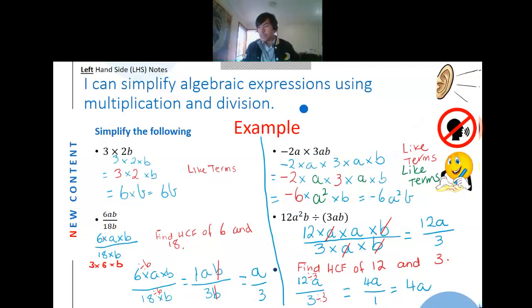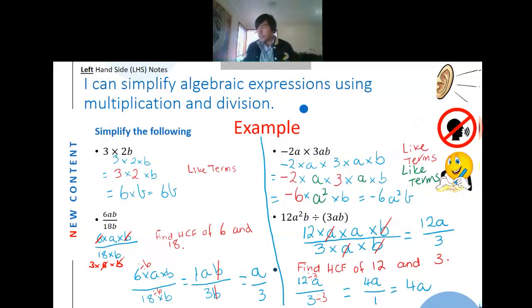So then what we see is that, hey, we've got a 6 at the top and a 6 at the bottom, so we can cancel this 6 here. And also we've got a b at the top and at the bottom as well, so we can cancel that. So now let's have a look at what we have left. At the top we have only a, so that's why we get the a here, over, down at the bottom we've got only the number 3 left, so we write 3 there. So our answer is a over 3. Okay,